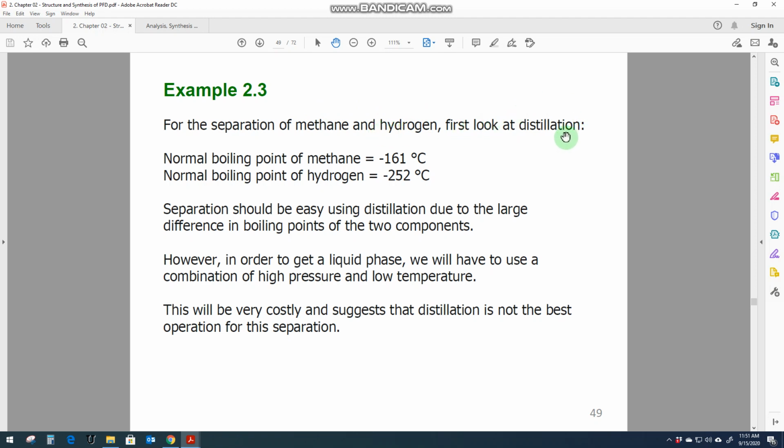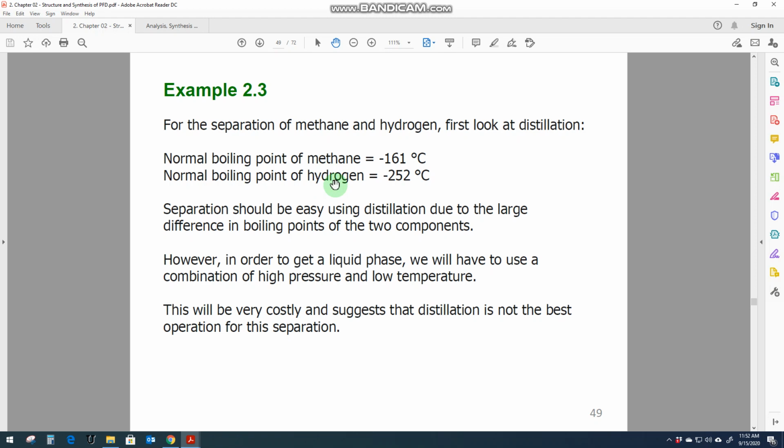And for the distillation, we have to maintain some cryogenic conditions. So the normal boiling point of methane is minus 161, and the normal boiling point of hydrogen is minus 252. Looking at these temperatures, you can have an idea of how much energy you would need to spend to separate these two gases, and then you would see whether it is practical to separate these gases or not,